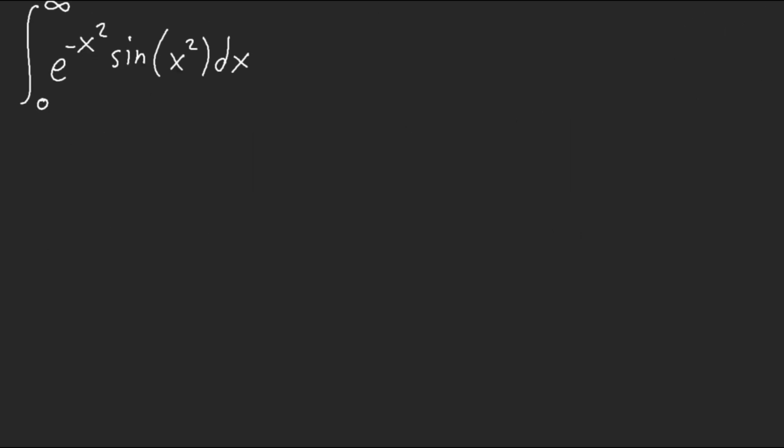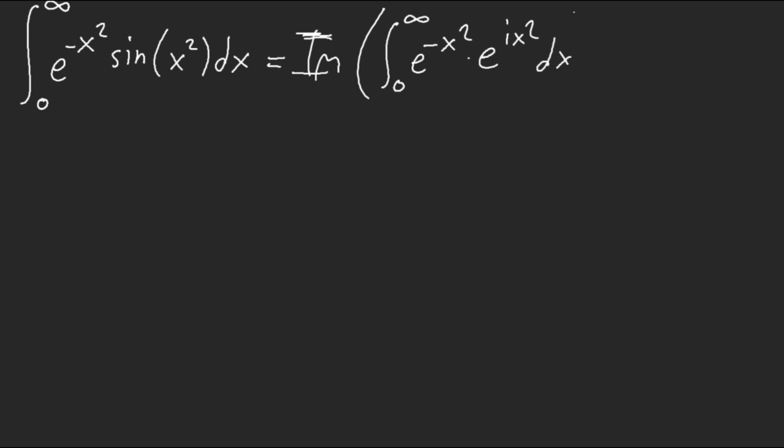Alrighty. Okay, last integral. We have this case here: a Gaussian times sine of x squared. Okay. Let's complexify this. So when we complexify this, we have e to the negative x squared, and then times e to the ix squared dx, right? And this can equal, from 0 to infinity, we can easily simplify this as e to the negative x squared times 1 minus I,